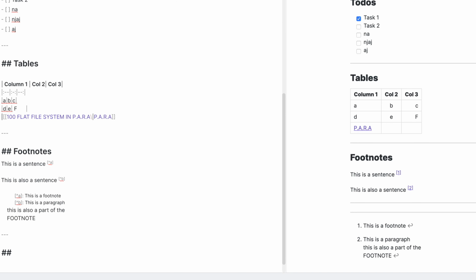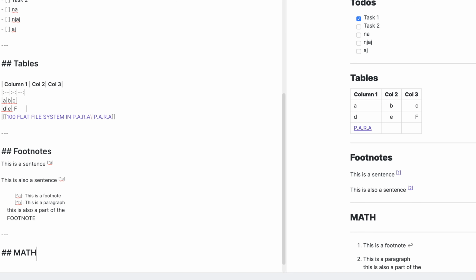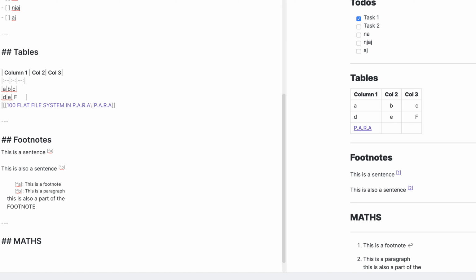Finally, we come to maths, or what I used to consider the most boring section. Turns out you can do a lot more using math functions. Let me show you some. So just to set the stage up, the way you start defining a maths latex function is by using the $ sign and ending it with a $ sign. Now anything you type inside will be part of the command.